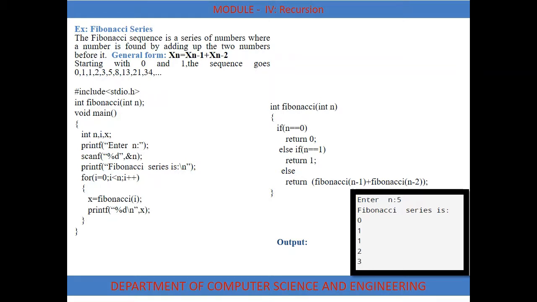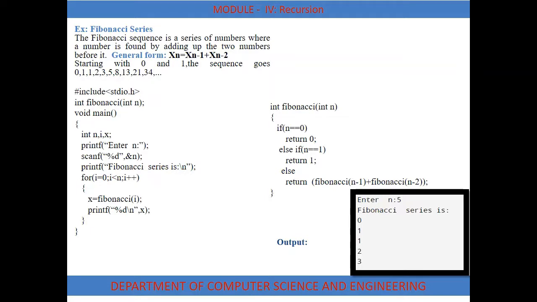Yes. So x is equal to Fibonacci of 1. Now for the function Fibonacci we are passing the value 1. Again check the condition. Is 1 equal to 0? No. Go for the else if part. Is 1 equal to 1? Yes. So return the value 1. So this value is passed from function to the main function. So print the value of x. So x is equal to 1. Now in the output screen we have two values. First value is 0, the second value is 1.